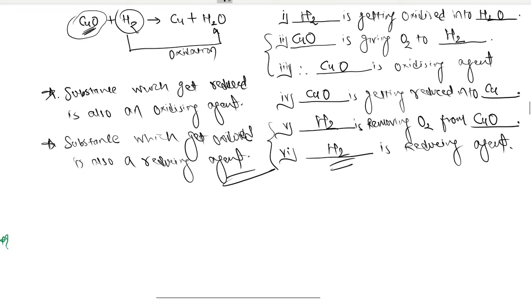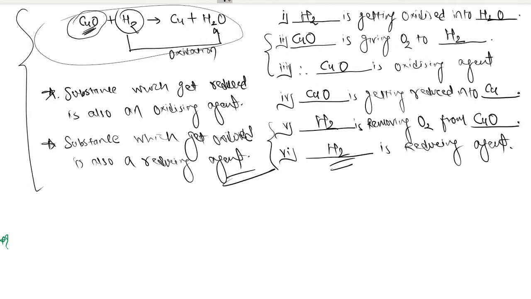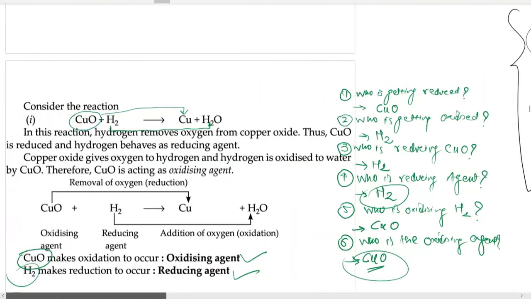So this is how we dissect a single equation into oxidizing and reducing, oxidation, reduction, oxidizing agent, reducing agent, and all the questions which could be asked. We apply it on one single equation and we simplify it. But I'm sure more such examples are required. So we'll not stop here. Let's get some more idea.